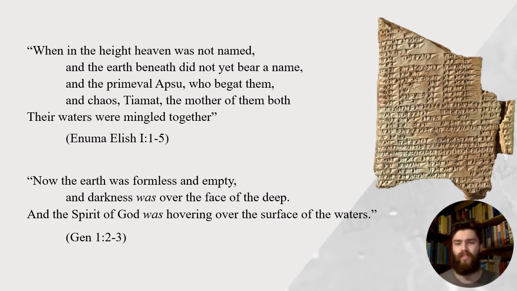This idea of the waters above and waters below are mingled. Like in the Enuma Elish, Apsu is the heavens and Tiamat is the deep, and they are mingled together. This is the same thing communicated in Genesis 1, that the surface of the waters here is the mingled, pre-separated waters of chaos that is on view in Enuma Elish.